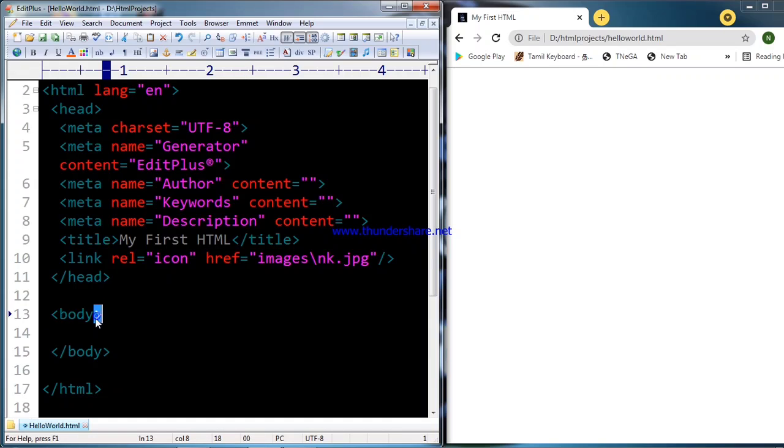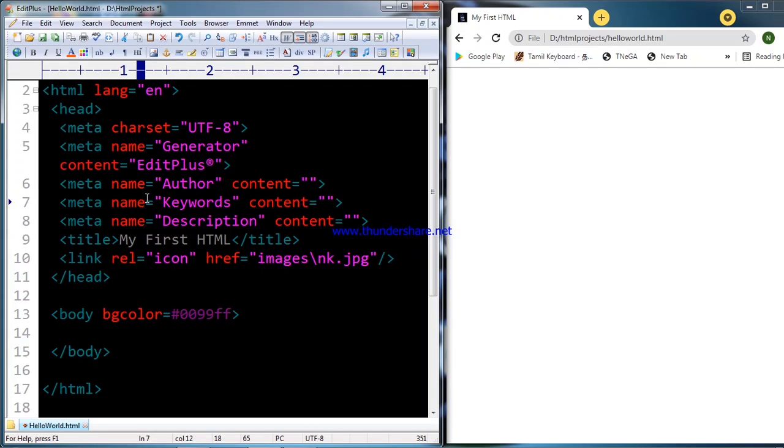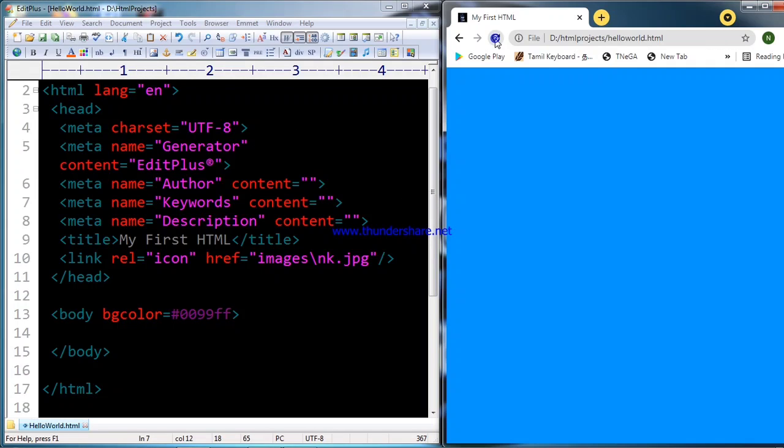Okay, the next thing is, normally we place the body tag without giving any attributes. Now I am giving two attributes to the body tag, and let's see what will happen on my output screen.